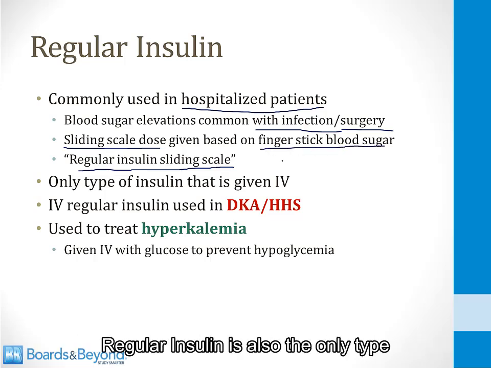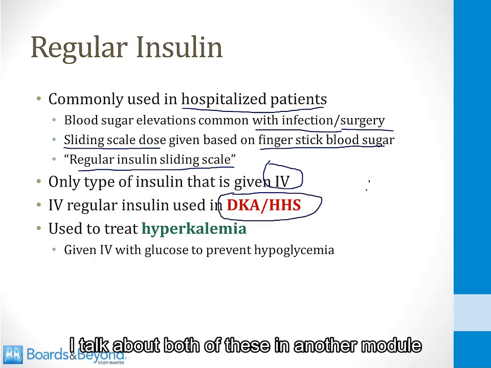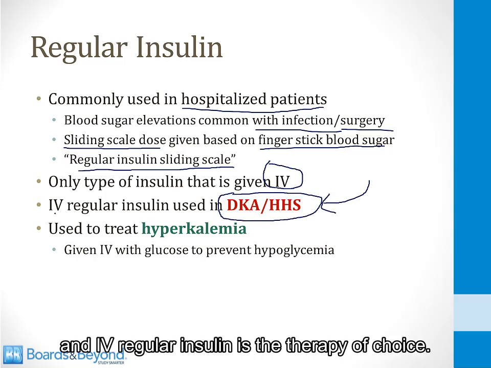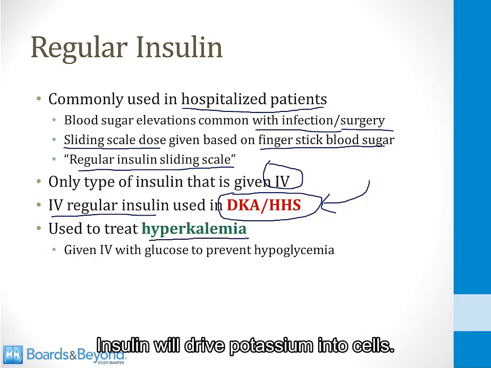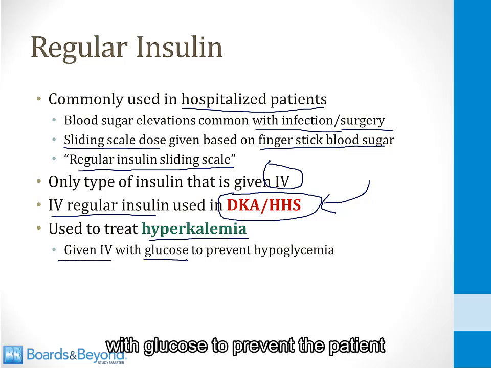Regular insulin is also the only type of insulin that is given IV. You need to give IV insulin to treat serious complications of diabetes like DKA and HHS. I talk about both of these in another module, but they are dangerous and potentially life-threatening, and IV regular insulin is the therapy of choice. You can also use IV regular insulin to treat hyperkalemia. Insulin will drive potassium into cells, so you can give insulin IV together with glucose to prevent the patient from